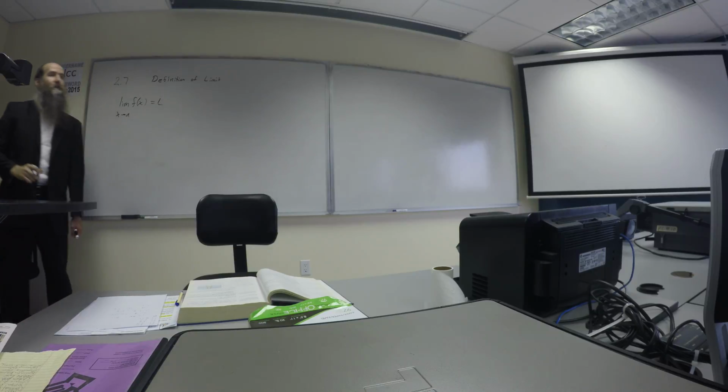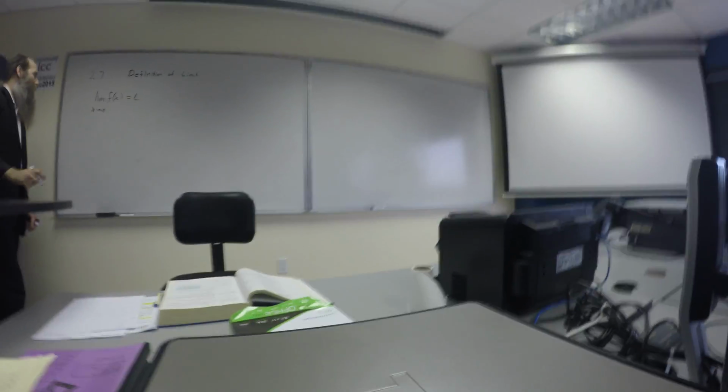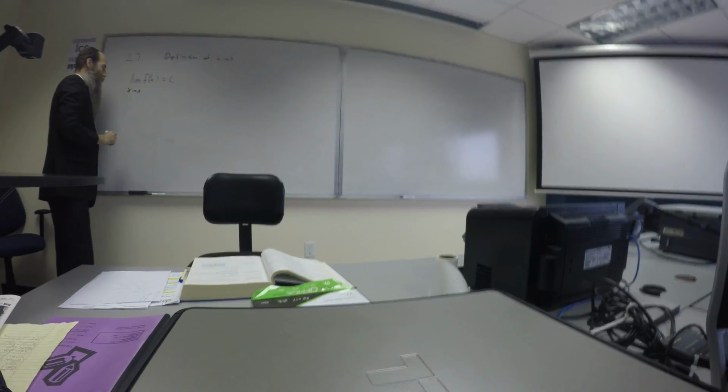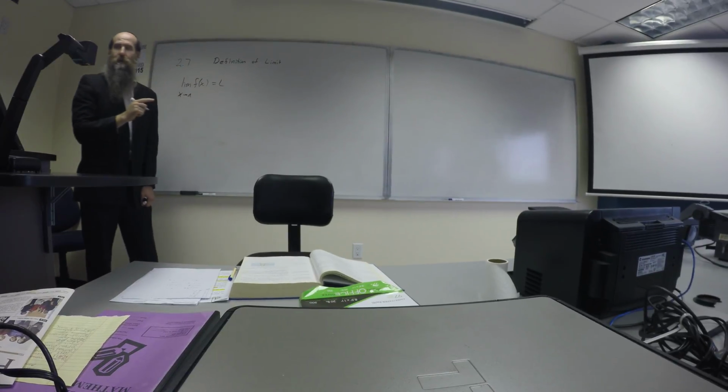That is the pile of symbols we used before to describe that a function is heading towards a certain value L when x is heading towards a certain value A. So the limit of f of x as x approaches A is L. L is a finite quantity in this case right now. So this has an actual mathematical definition, and that is